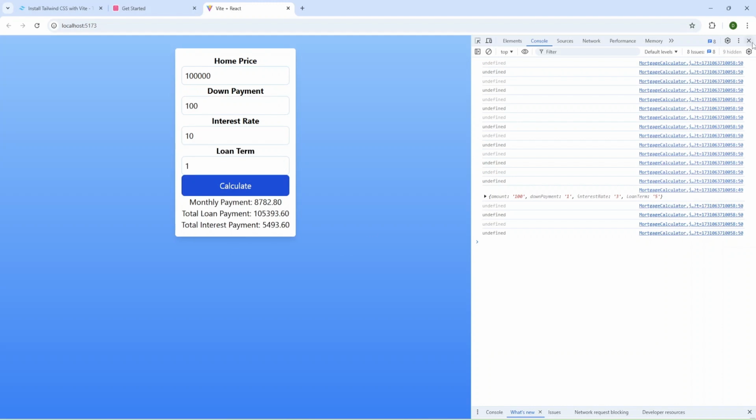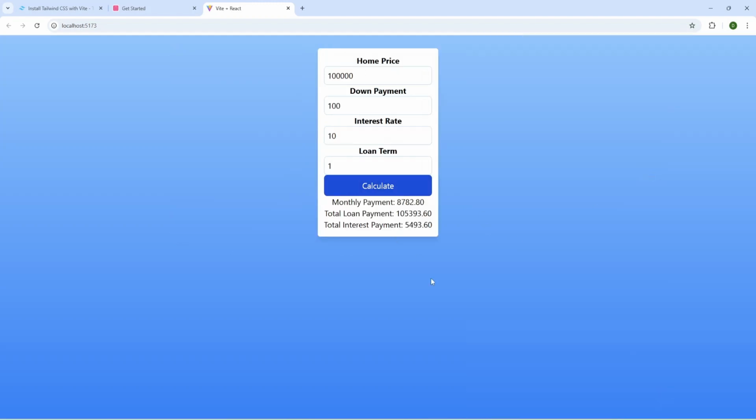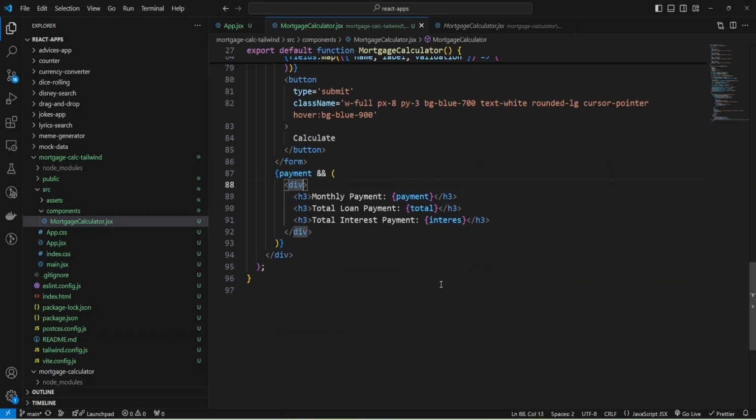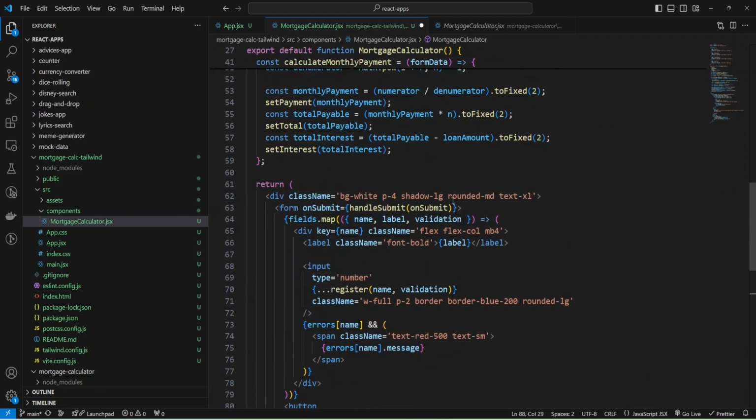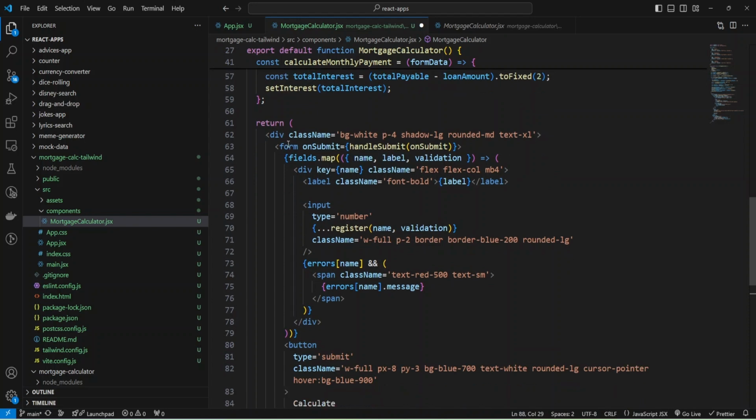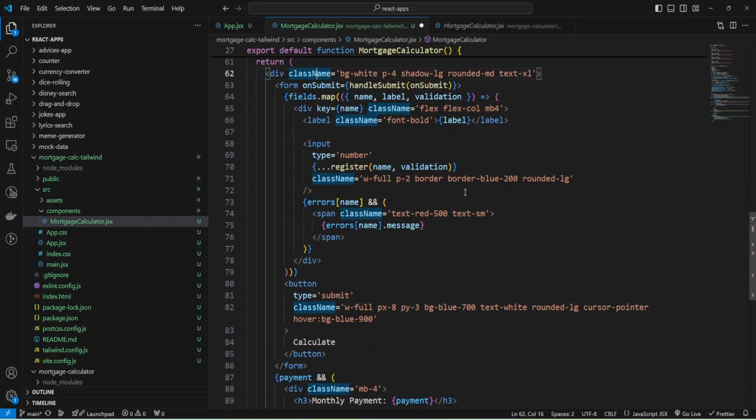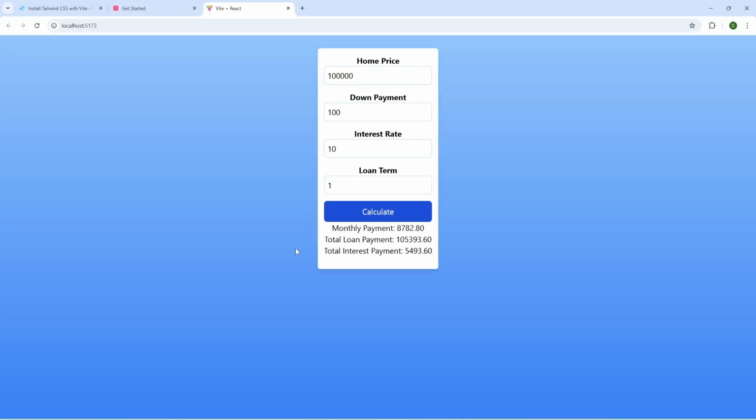Now let's add some styles like margins, paddings, and let's check what we have. And I can add class name and add margin bottom, and we have margin bottom 4, but I wrote my class incorrectly, and let's check.